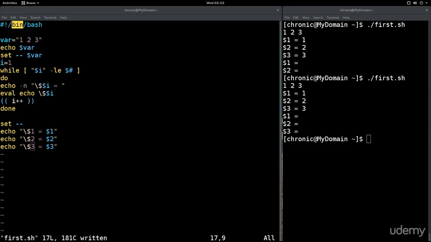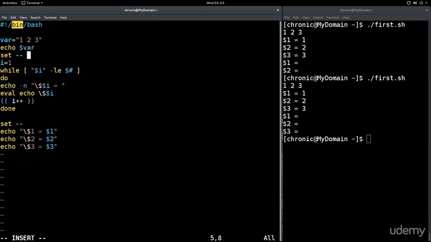Welcome back all. So set command can also be used to set positional parameters to the contents of a variable. You can take a look at this in the example and you can see that there is a particular syntax for doing this. So you type in set space dash dash space and then you reference a variable. However, if you don't include this here, if this is non-existent, to put it like this,